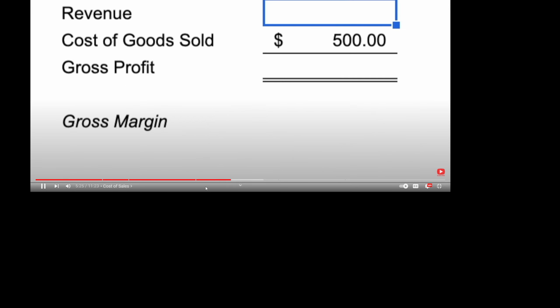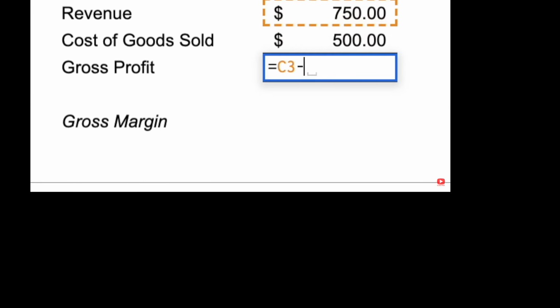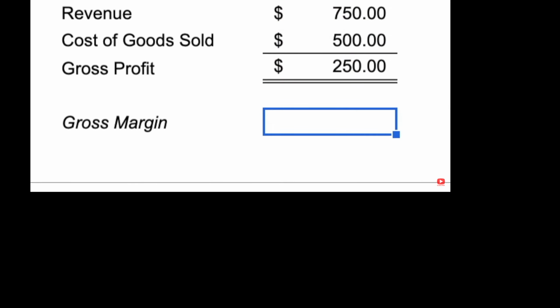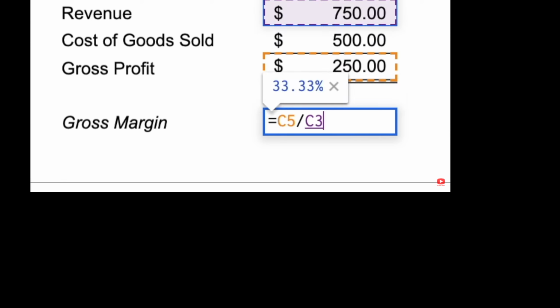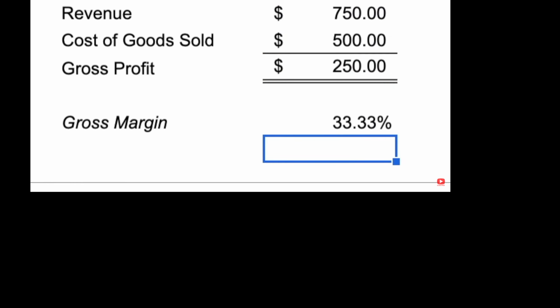iPhone. If they are able to sell that phone for $750, their gross profit on that is $250. Calculated by taking the $750 sale price and subtracting out the cost of goods for that iPhone, $500. This is a gross margin of 33%, calculated by taking the $250 gross profit and dividing it by the $750